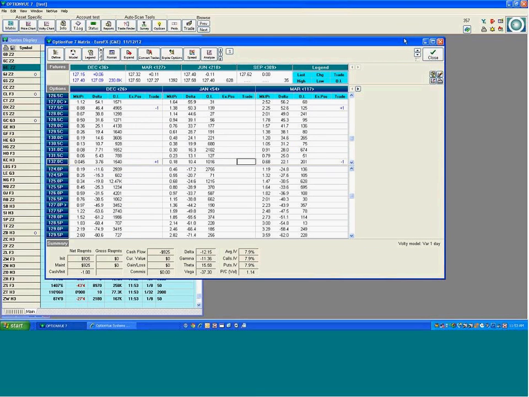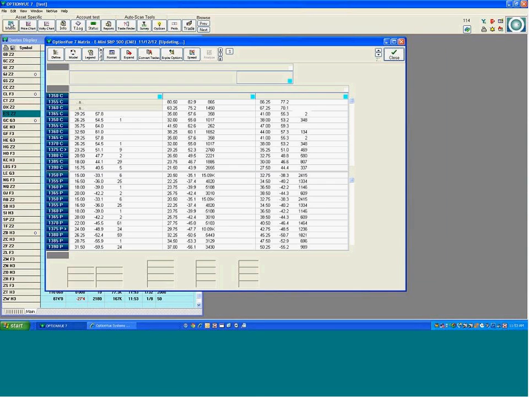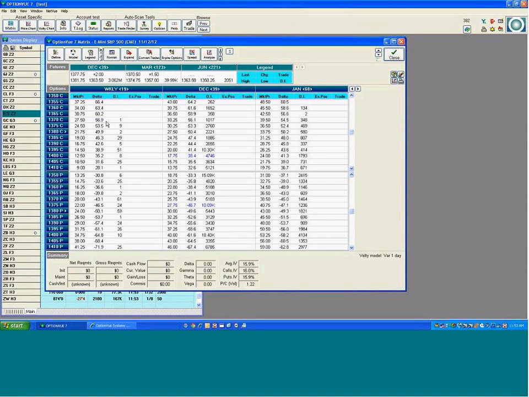Okay, so let's close this one. Let's take a look at the E-mini S&P. I mentioned that it's a viable candidate, but it's going to be a little bit small of a contract. But next, let's take a look at, let's say, a bullish position in this market just for the heck of it. We'll go to the 1375 put. You can see there's enormous open interest on these options, so you're going to be able to get nice tight markets in terms of bids and offers. If we sell the 1375 and we buy the 1300 put,